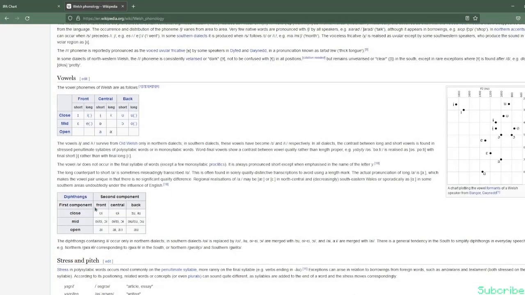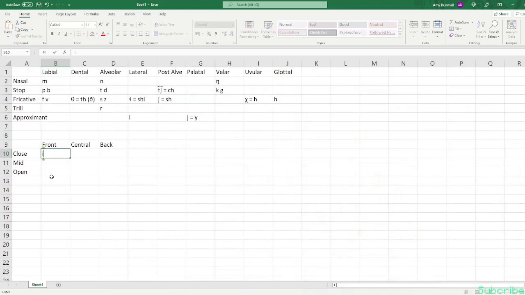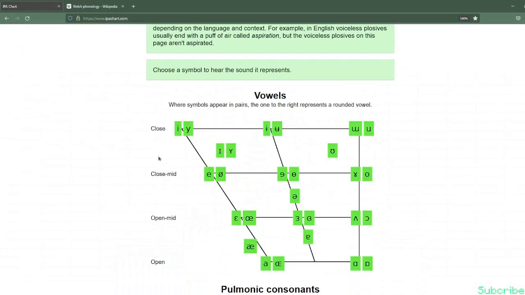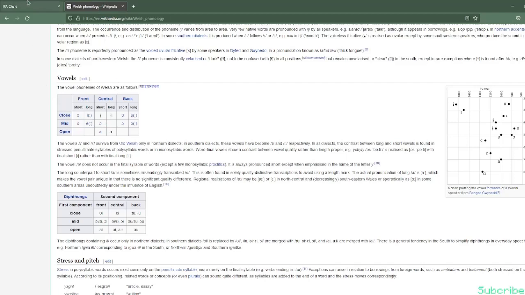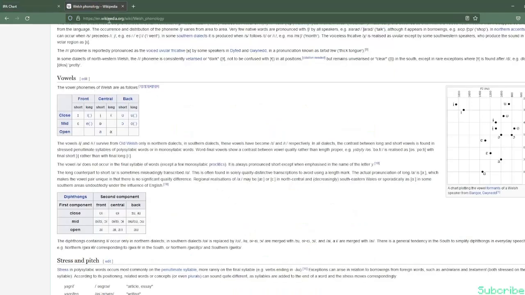So, I'm going to add E, which is just an I. And I'm not sure what this symbol is. O. So I might add A, which is back, open,